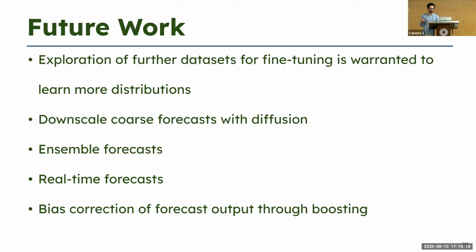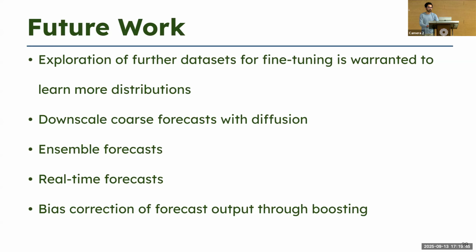And there's also bias correction of forecast output, as Siddharth had spoken about. Some ideas that we are exploring are region-wise boosting. If errors are accumulating in a particular region, then focus a model on that region and bias correct those errors depending on where they are accumulating. So this is what we plan to do in the weather field for the center. And now I'll invite Atish to cover what he's working on in climate.